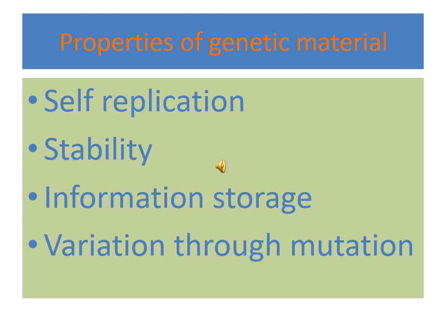And information storage: it should be able to express itself in the form of Mendelian characters. RNA can directly code for protein synthesis and can easily express the characters. DNA depends on RNA for synthesis of protein. So both DNA and RNA can act as genetic material. But DNA, being more stable, stores the genetic information and RNA transfers the genetic information.